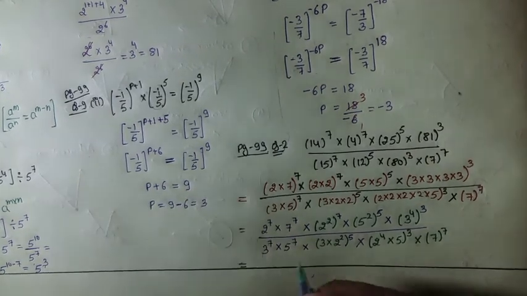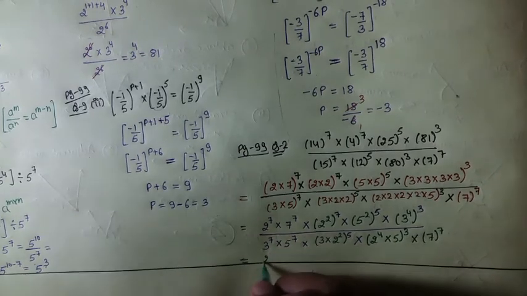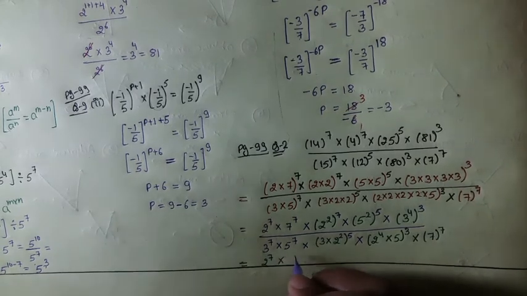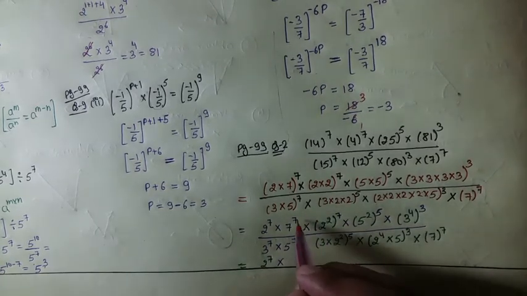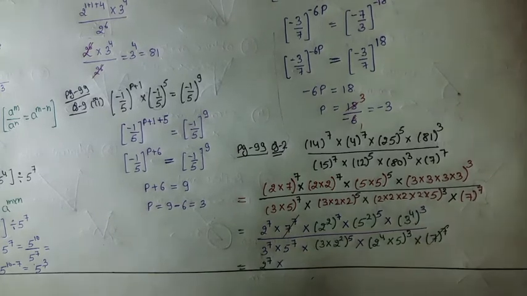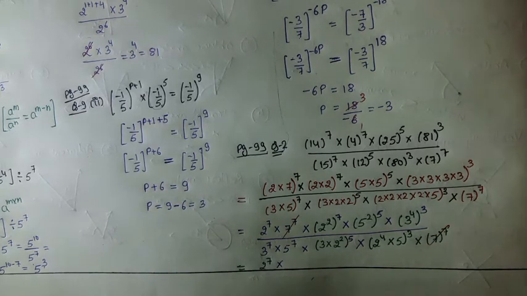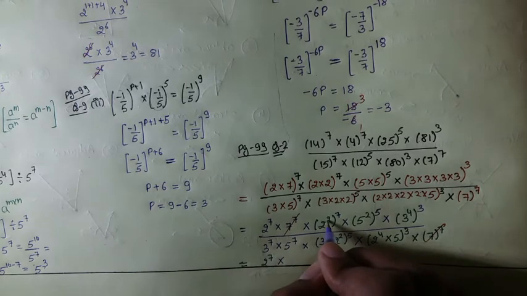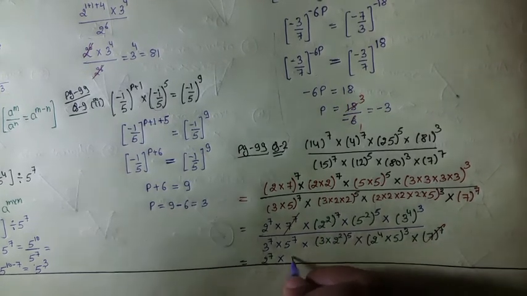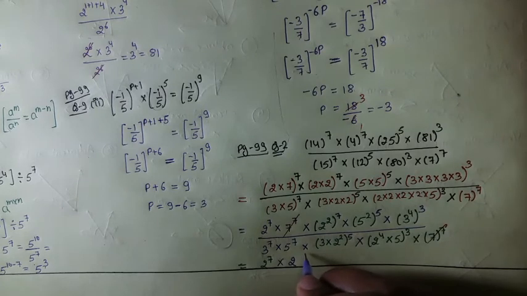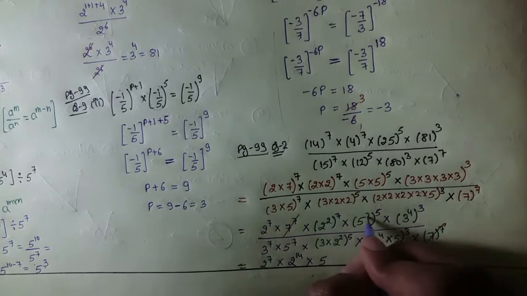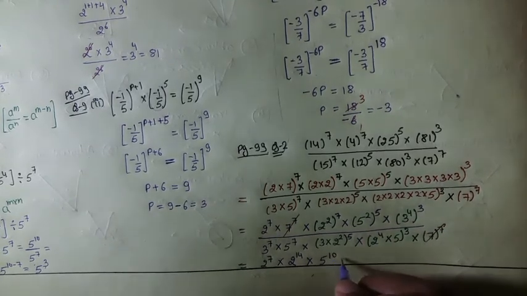Okay. In the next step, just open the brackets. This is 2 to the power 7 into, see, can we cancel these two? 7 to the power 7 and 7 to the power 7 कैंसिल कर सकते हैं. थोड़ा छोटा हो जाएगा, कैंसिल कर देंगे तो वी आर एंड दिस इज इन द फॉर्म ऑफ a to the power m whole power n. It means powers will get multiplied. 2 to the power 14 into this is 5 to the power, again this will get multiplied, 10